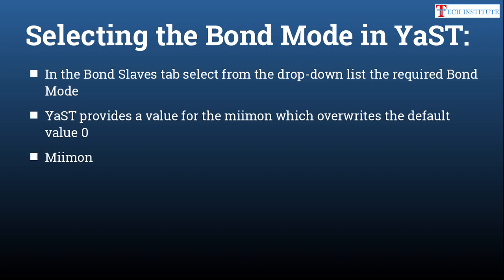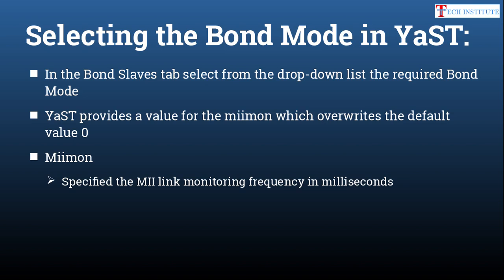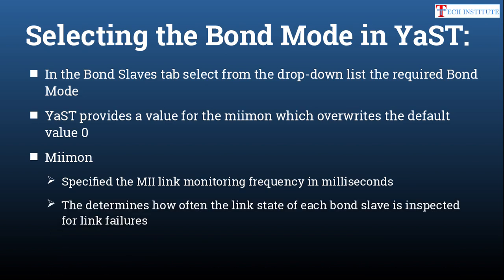So what is this MII mode? MII mode is nothing but a technique which specifies the link monitoring frequency in milliseconds. Link monitoring means here you have multiple slaves under the bond, right? So it defines how often it will go and check the status of each slave to understand if any failure happens. As I was telling you, YaST sets the MII mode value to 100. That means every 100 milliseconds it will go and check the status of all the slaves. Now if you put it at 0, that means it will not check. So better always set it to some value to check for link failures.